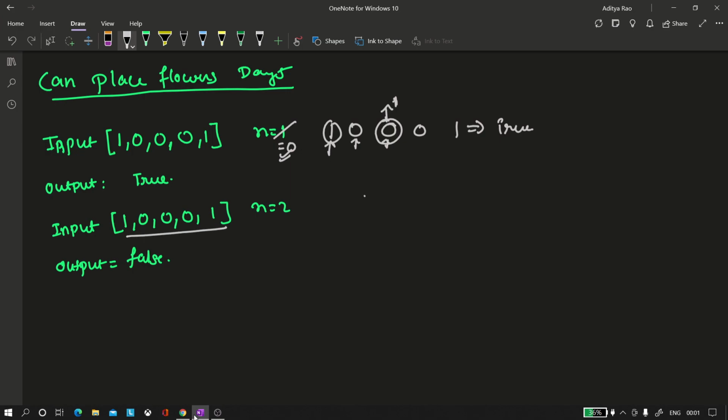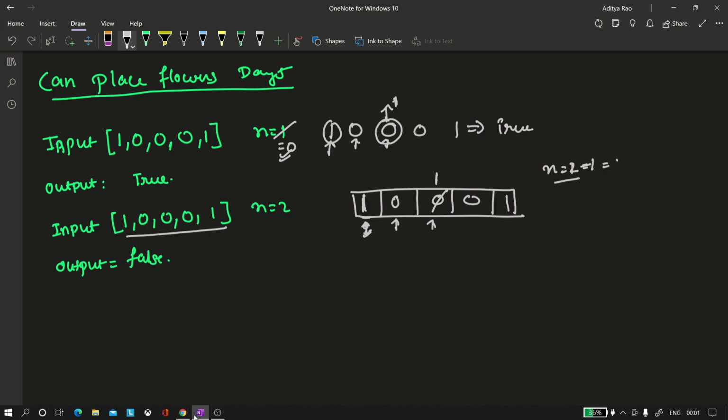But in the second input we are given 1 0 0 0 1, and the first index of the array has been planted. We cannot place a flower on this position because it is already occupied, and the second position is vacant, but there is an adjacent flower placed next to it, and this position we can place, but once we place we are remaining with one more plant, because initially in this second input we are given two plants.